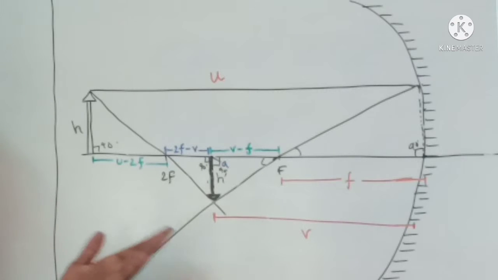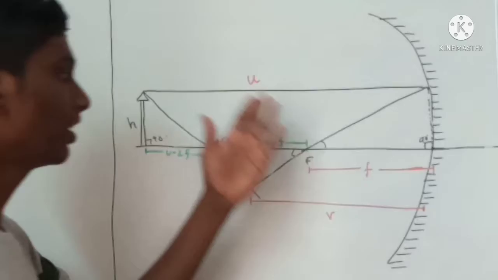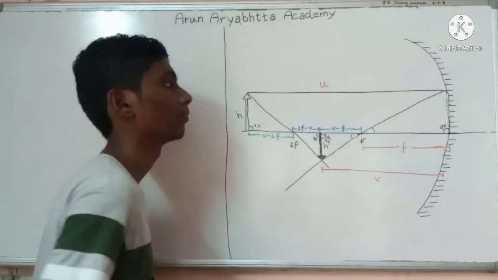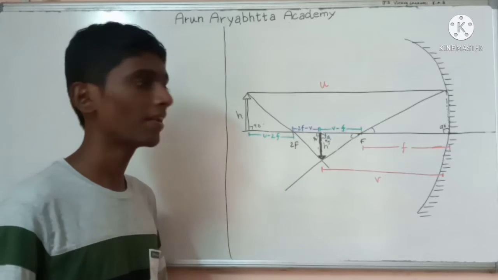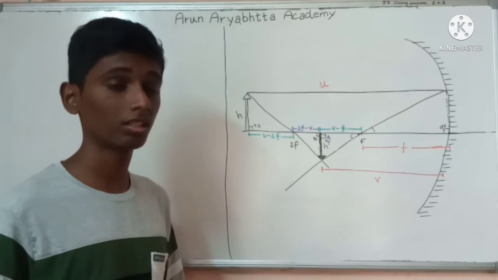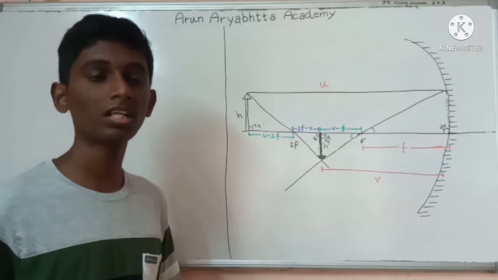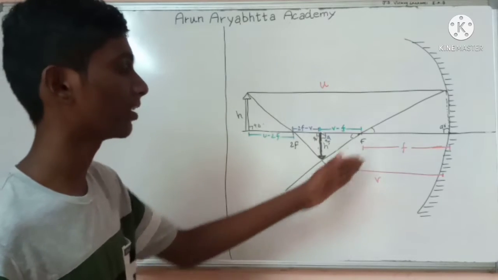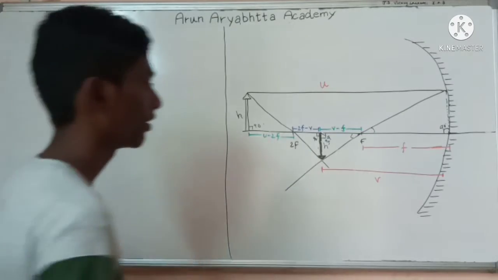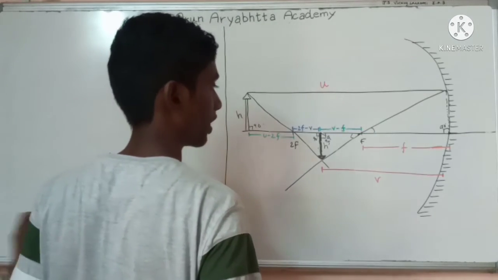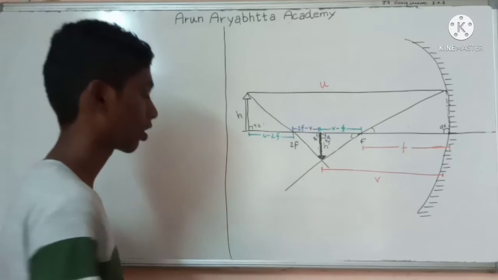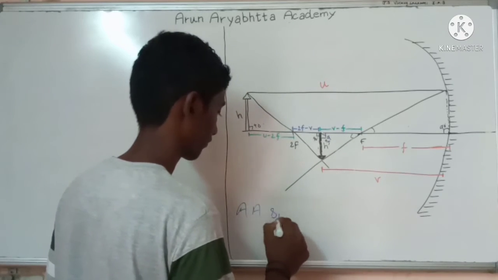Why am I writing these distances? To connect the object distance, focal length, and image distance, because in our examination they will give us the object distance and focal length and ask for the image distance, so we are connecting these three quantities. In this scenario, these two triangles will be similar according to AA similarity,